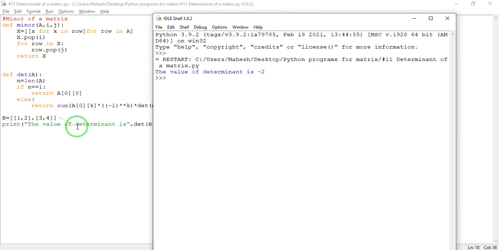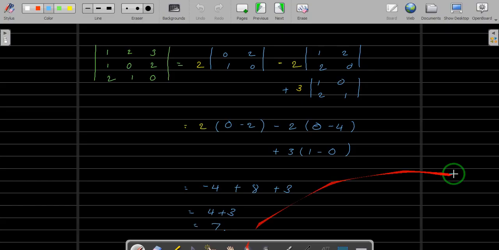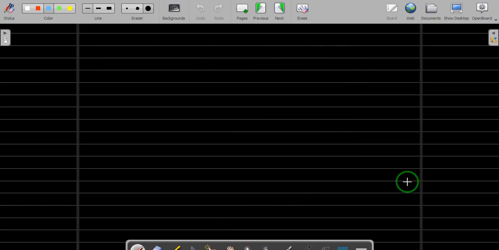If you want to see how it is -2, let's go back to our matrix. We have taken a matrix 1, 2, 3 and 4, which we called B, and we want to find the determinant of B. So determinant of B is nothing but the determinant of 1, 2, 3 and 4.